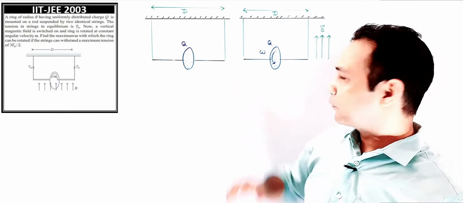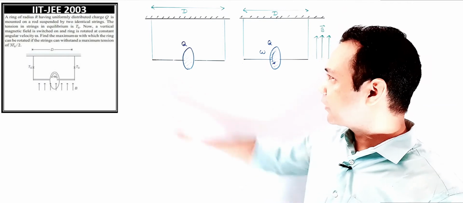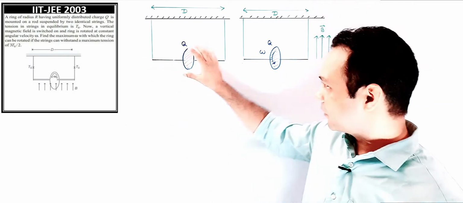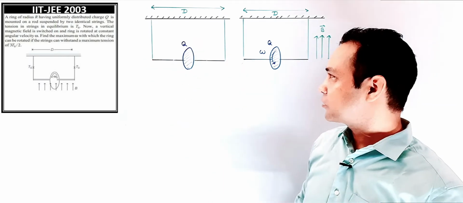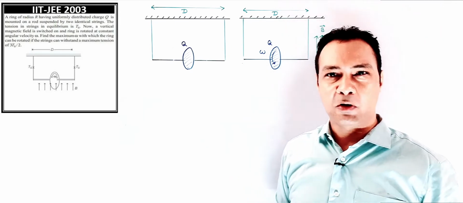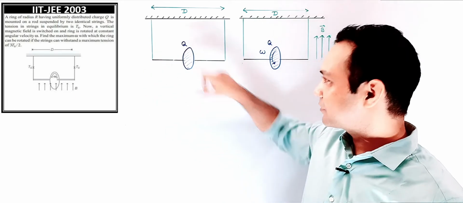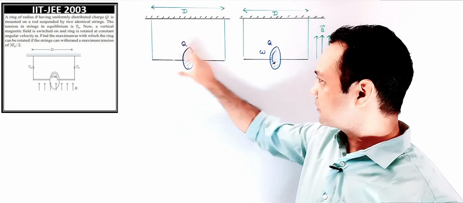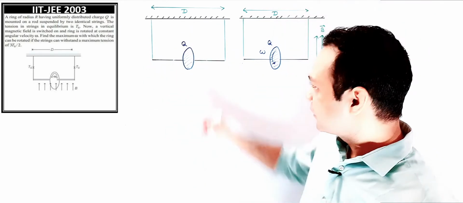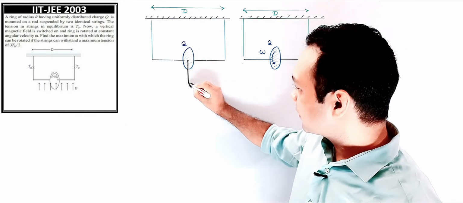So this is the figure before applying the magnetic field. The tension in the string is T naught. This is a ring having a uniformly distributed charge Q. So let me draw the FBD of this situation here for this whole rod plus ring mass system. Suppose the rod plus this ring has a mass M. So its weight would be mg,